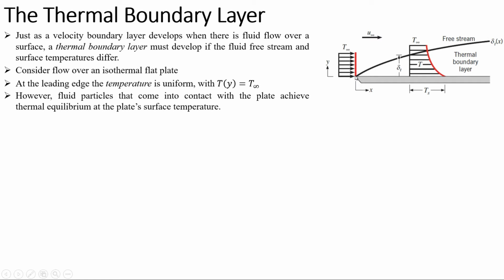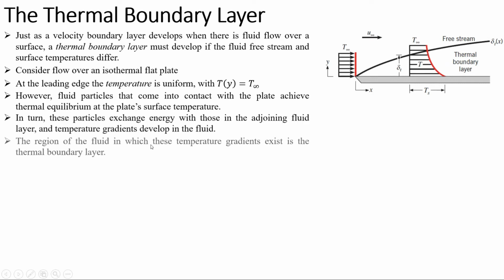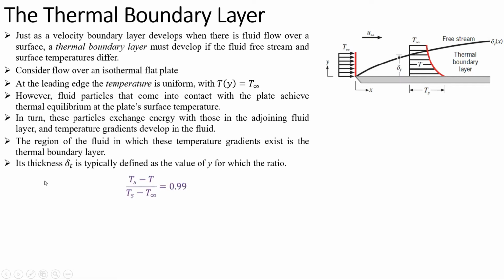At the leading edge, T of y is constant, it is not changing, but beyond the leading edge a thermal boundary layer forms, and within the thermal boundary layer temperature changes with y. So there is a definition for thermal boundary layer thickness, and remember it is denoted by delta T, and it is the value of y for which (Ts minus T) over (Ts minus T infinity) is equal to